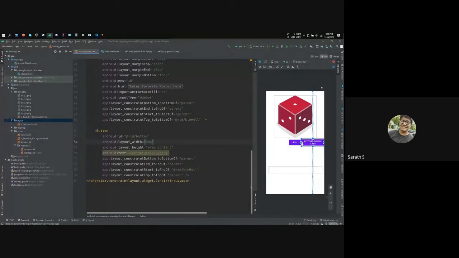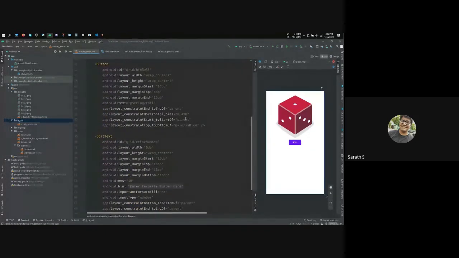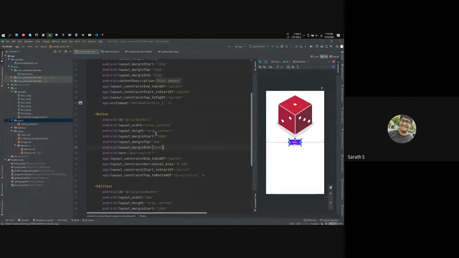So I gave the left part to the end of this button and the right part to the right of the layout. So it just calculated the width between these and automatically sizes it. So this is the power of constraint layout. You could do all kinds of layouts with a constraint layout like this. For now, I'm just deleting this button. I just dragged and dropped it to show you all. So now this is back to the original layout.